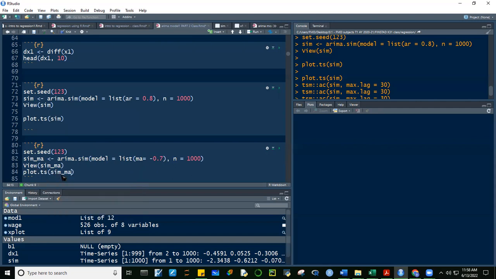Okay. So dito, nag-generate tayo ng dataset. Ang tawag natin sa kanya, simulate MA. Okay, we can do that using the ARIMA.sim from the stats package. Model is equal to list MA natin, negative 0.7. Okay, 1,000 observations. Then, i-run natin to.